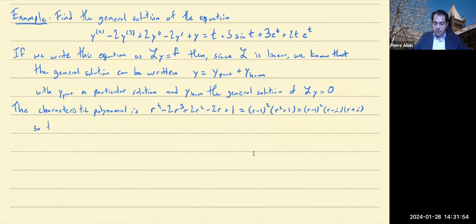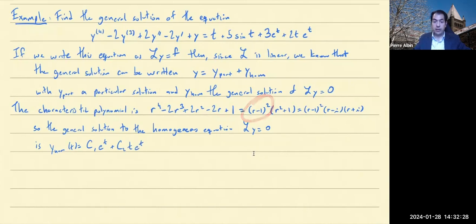So the general solution for the homogeneous equation L of y equal to 0 is, I'll call it y home. So C1 times e to the t plus C2 times t e to the t, right? So that's because of this factor, the r minus 1 squared. So 1 is a root with multiplicity 2. So that means you have to include an e to the t and a t times e to the t,